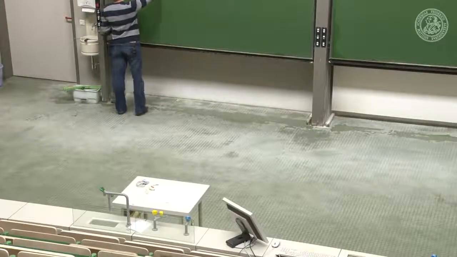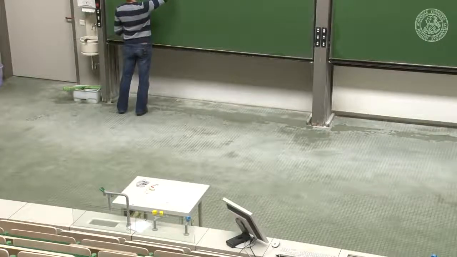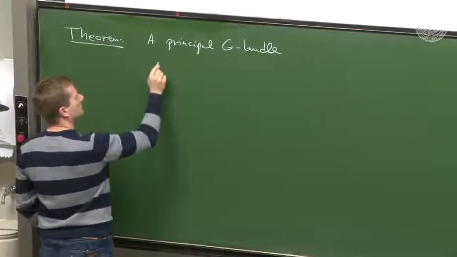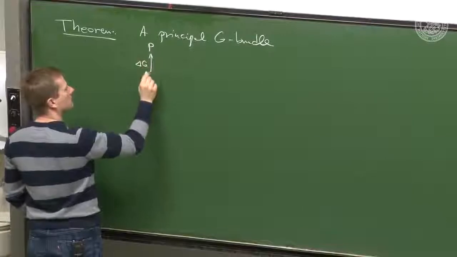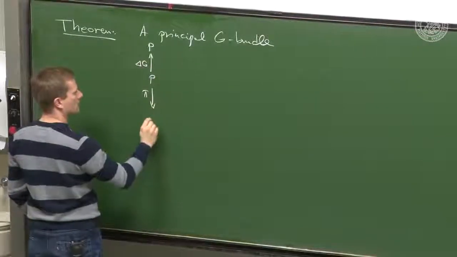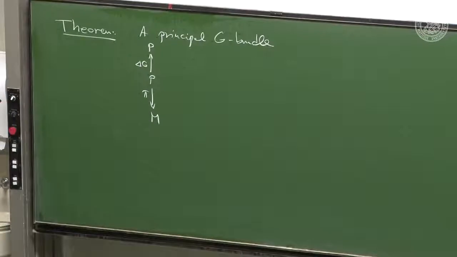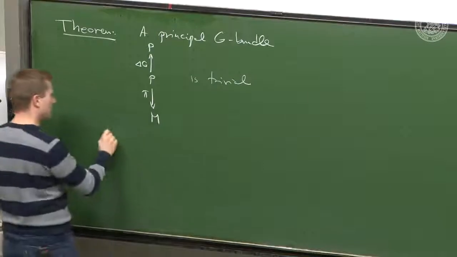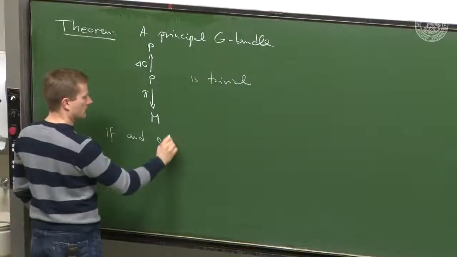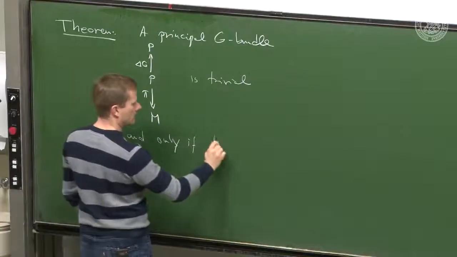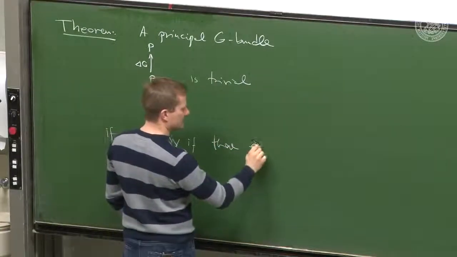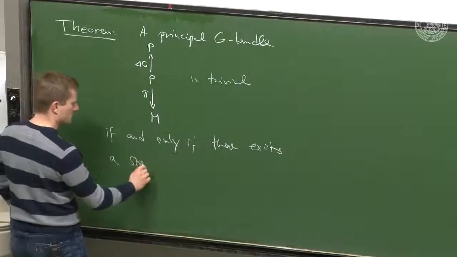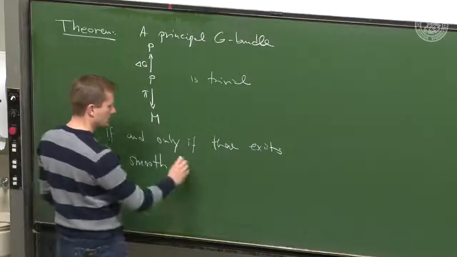A principal bundle, a principal G bundle, that looks like this, is trivial if and only if there exists a smooth section